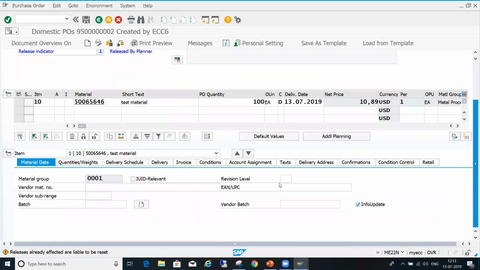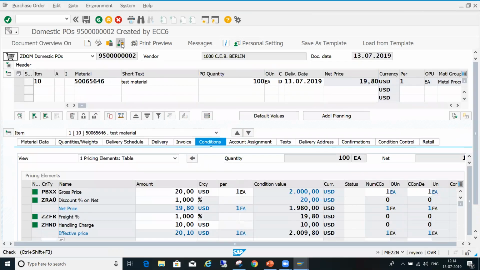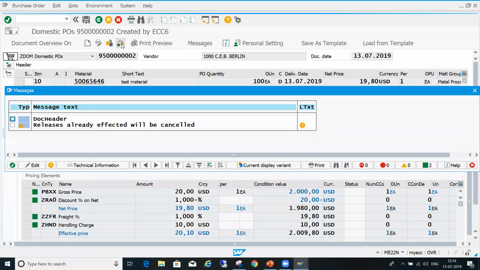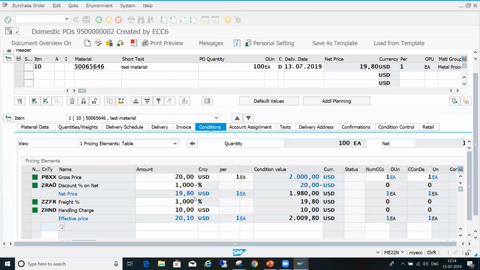Suppose you change this value, see, the release already effected will be cancelled because the total value is increased, right?